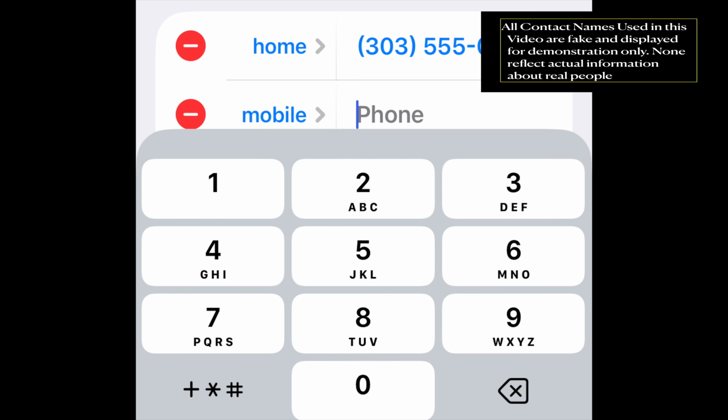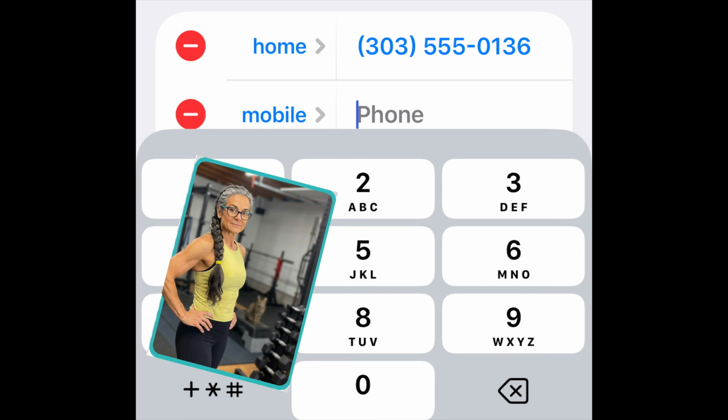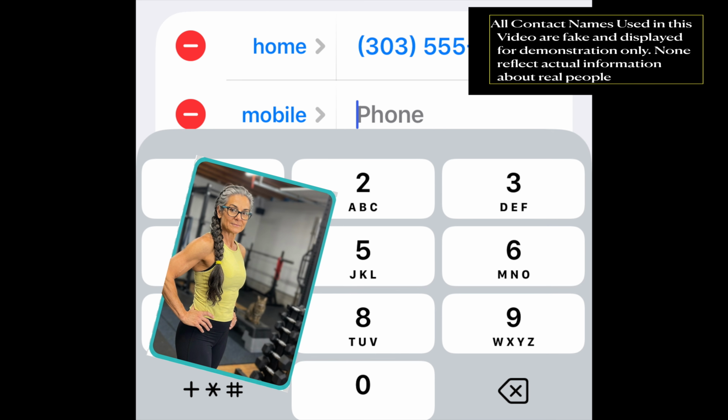There is now a keypad on your screen, and it looks like just an old-fashioned phone keypad with 1, 2, 3, 4, 5, 6, etc. I know. Typing on a number keypad with VoiceOver is like doing 100 burpees. Technically, it works to get you fitter, but nobody enjoys it. So, we're not going to use VoiceOver gestures. We're going to, again, take advantage of voice control's ability to get the job done while VoiceOver still lets you